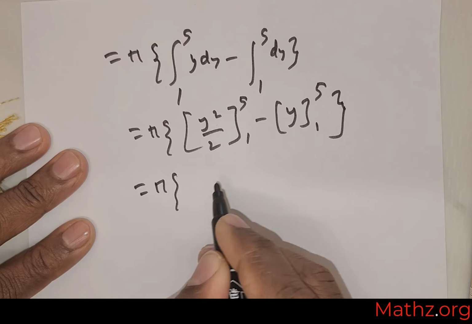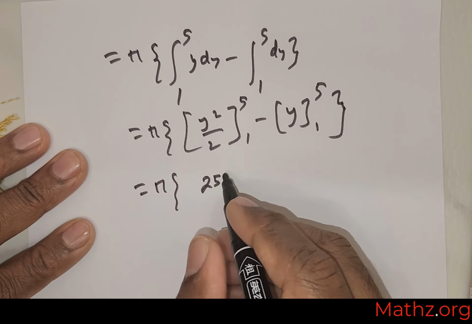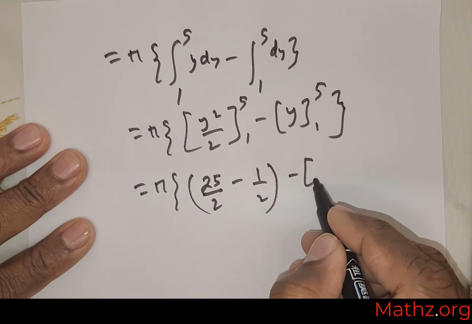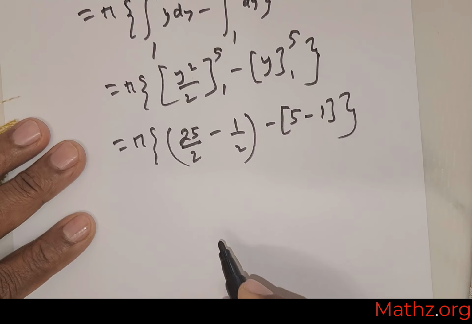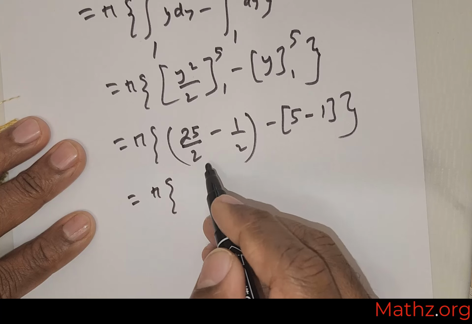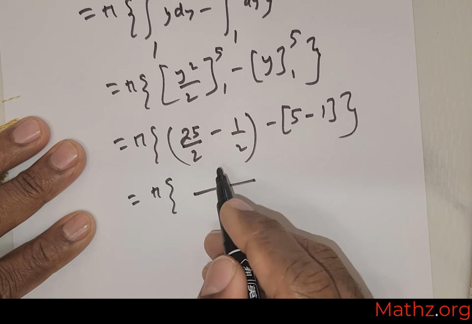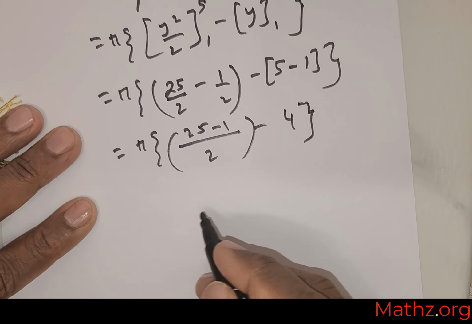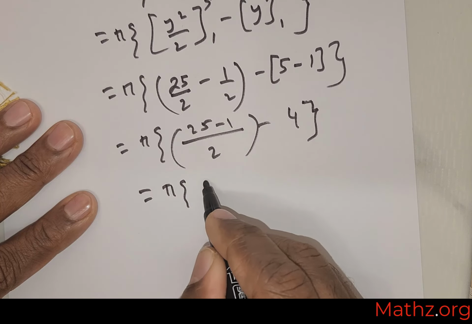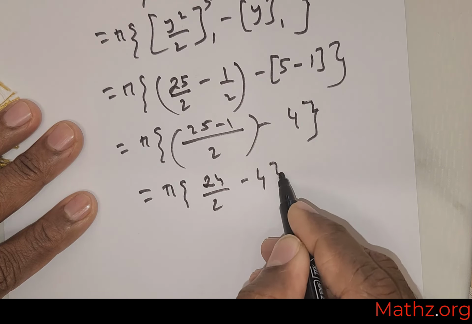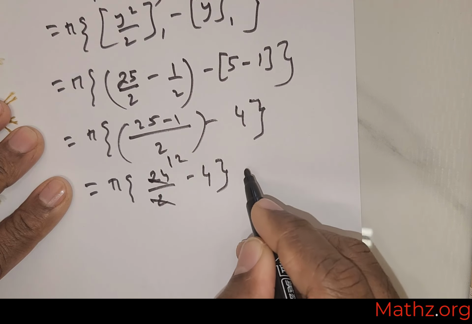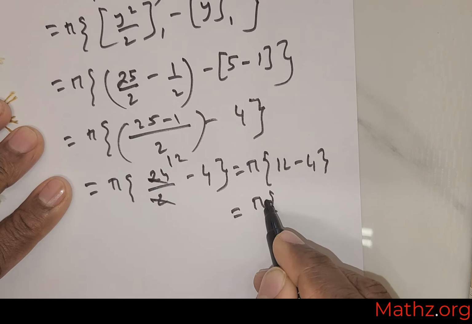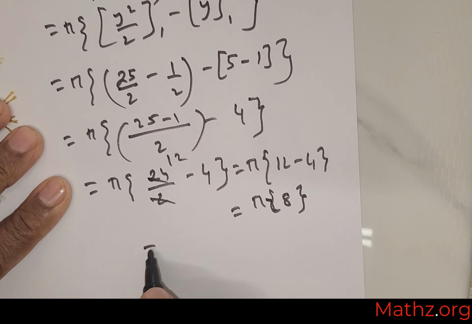Okay, so this is pi times, you substitute the upper limit, you get 5 squared divided by 2. Substitute the lower limit, you get 1 squared divided by 2. In this case 5 negative 1. So this is what you have got. Now this can be rewritten with LCM 2: 25 negative 1 is the first part, 5 negative 1 is going to be 4, and over here is going to be pi times 24 divided by 2, negative 4. 2 divides 24 12 times, so you have pi times of 12 negative 4, which will give you 8. This is equal to 8 pi,